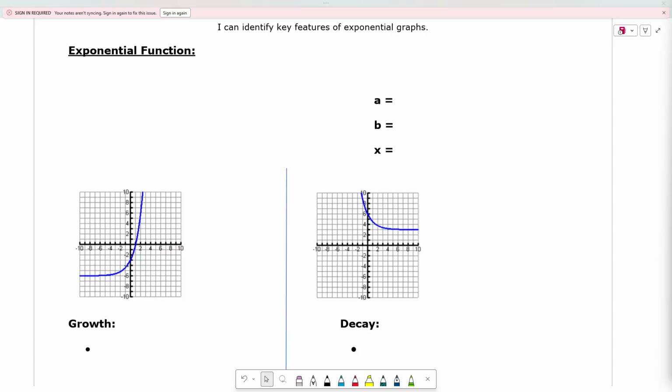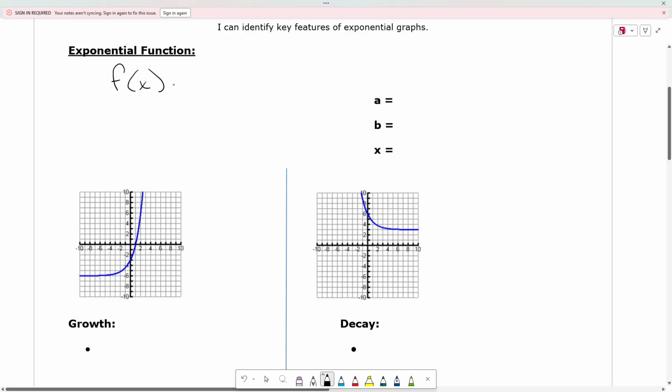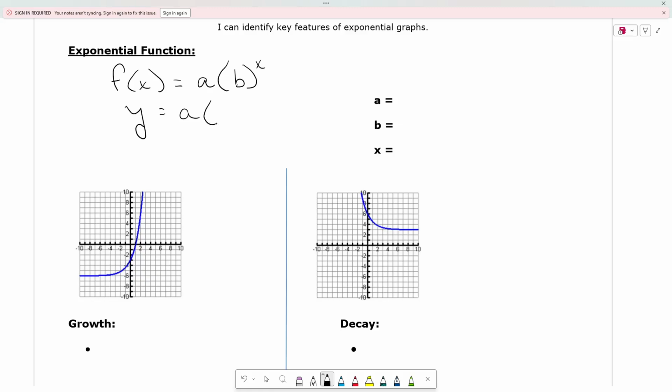Hello everyone, today we're going to be looking at exponential growth and decay. Our functions are going to look like this right here, where we have a function of x would equal a times the b to the power of x, also written as y equals a times the b to the power of x,